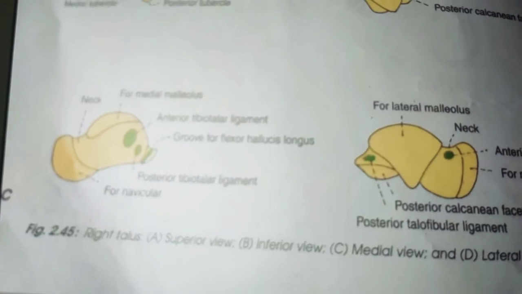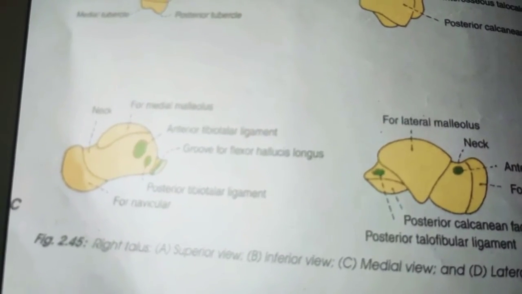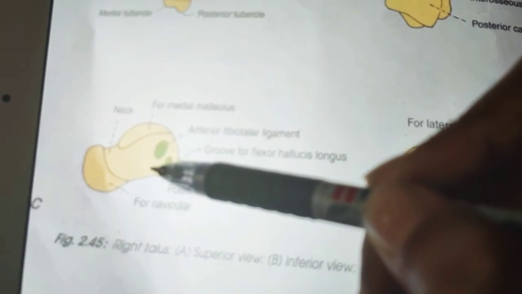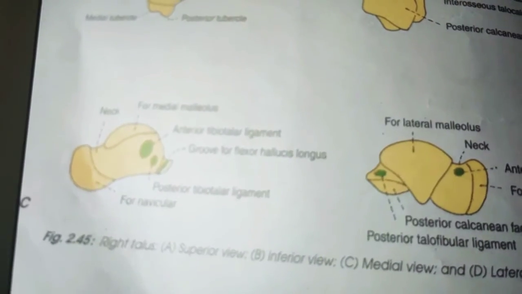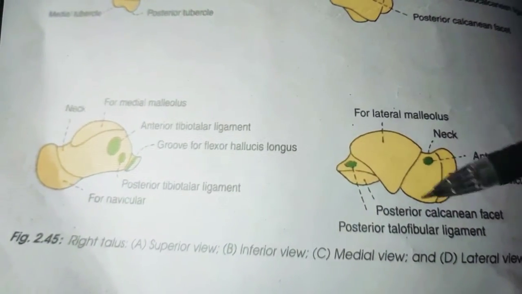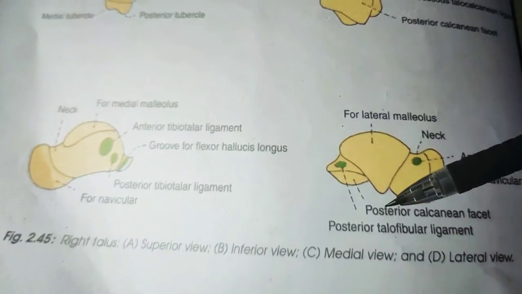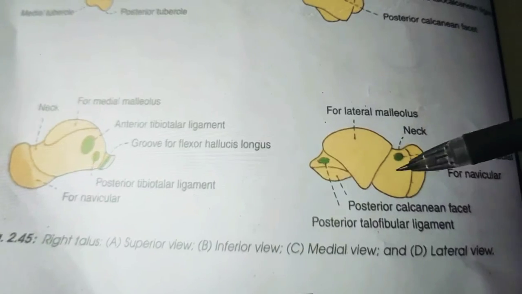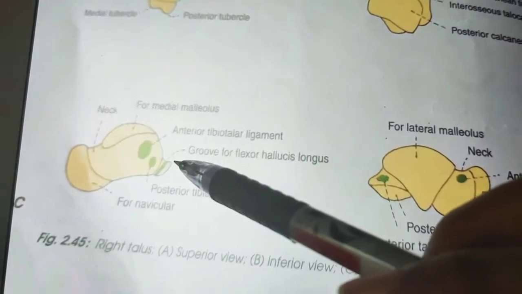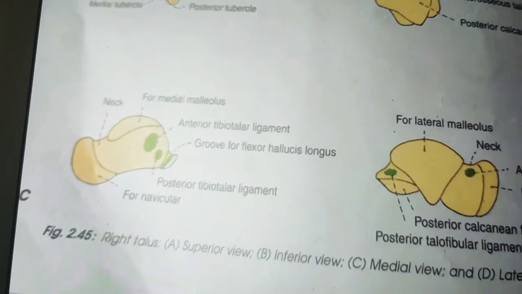Now let us start the discussion on the neck. If you see the neck, it is a constricted part between the head and the body, and it is set obliquely on the body, so that inferiorly it extends further backward on the medial side than on the lateral side. This is the medial side and this is the lateral side. You can see the neck moves more forward towards the medial side when compared with the lateral side, because on the lateral side the lateral malleolus is covering it, but on the medial side it is continuing. So the neck is more continuous towards the medial side.